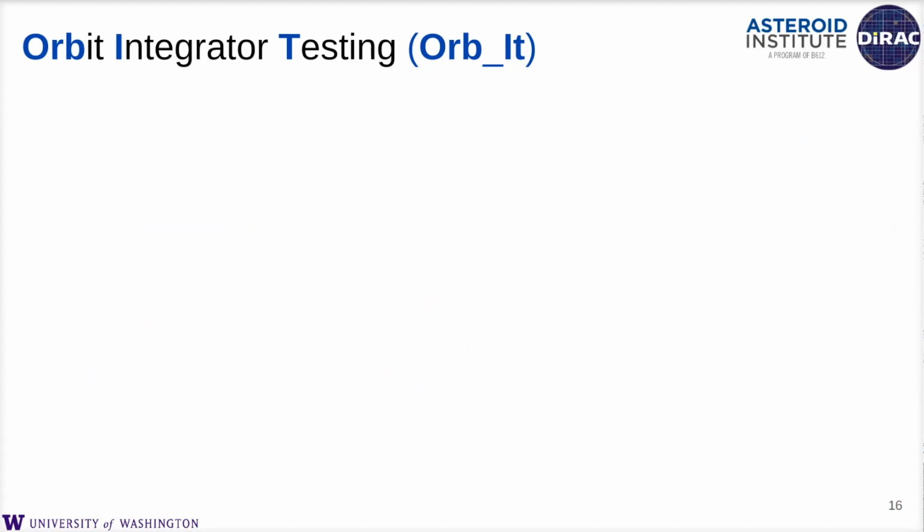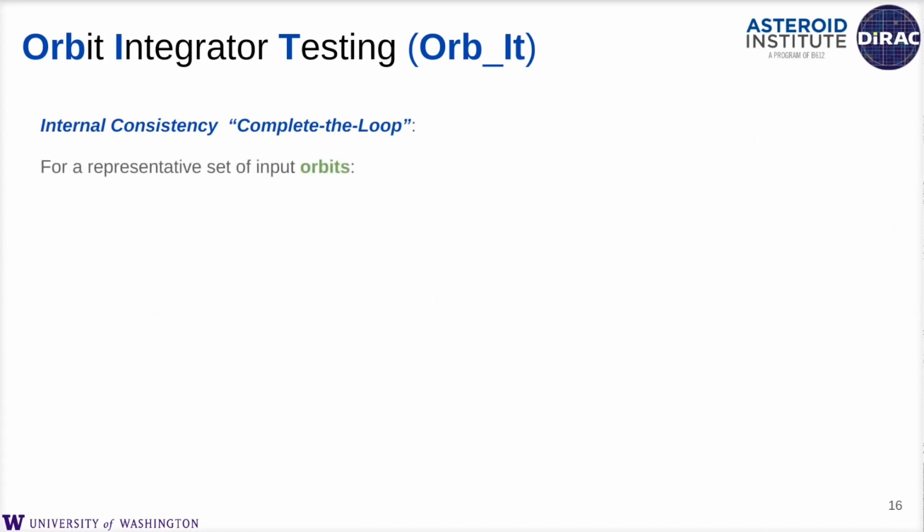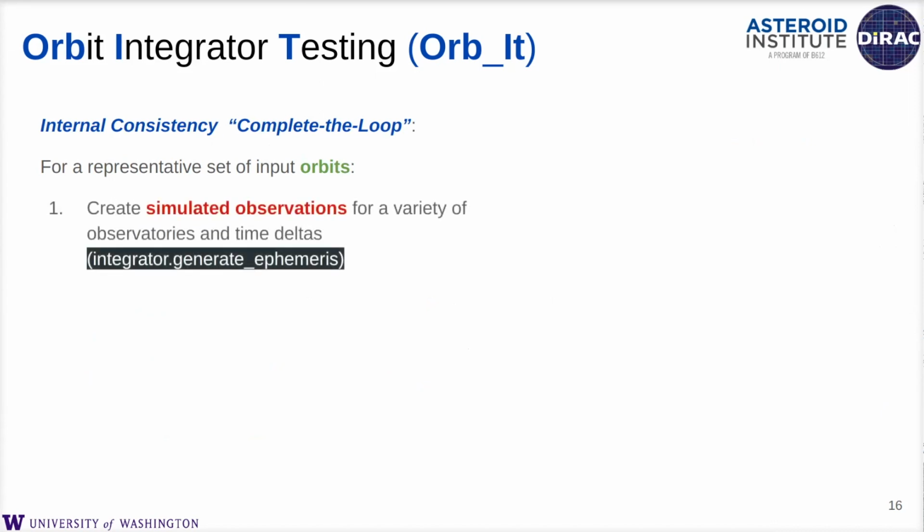All right. So what is this kind of end-to-end test? What we like to call the complete the loop test. Our goal was we came up with this test to try to test the three key functions that these orbit integrators provide. For any representative set of input orbits, and these can be user-defined, or there are also ones that ship with the repository, what we end up doing is we create a set of simulated observations